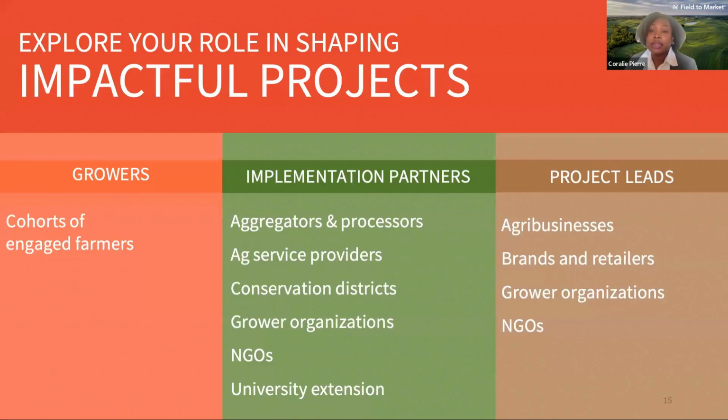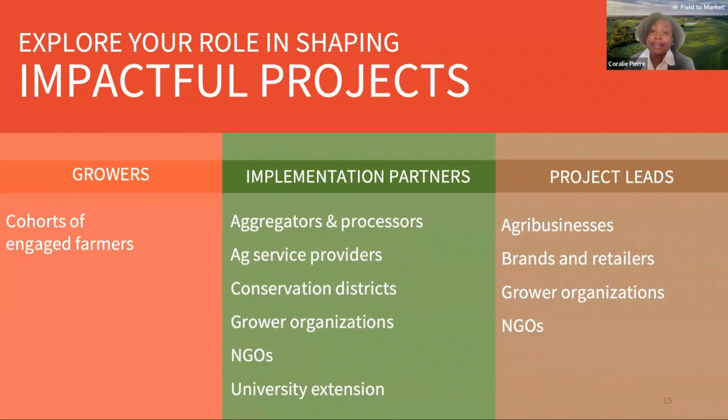So following the continuous improvement process, I think it's important to show you quickly how the Fieldprint projects are usually designed. First, you of course need farmers. If you want to make a change at the farm level, you need grower engagement and buy-in. Field to Market projects work with farmer cohorts of all sizes, from 1 to more than 1,000 for our largest